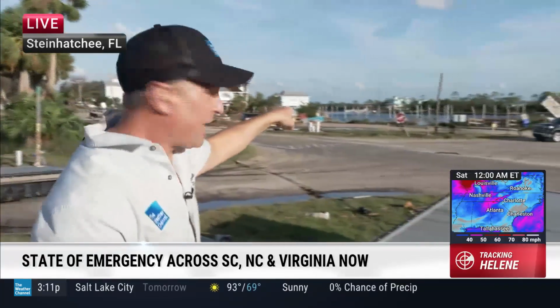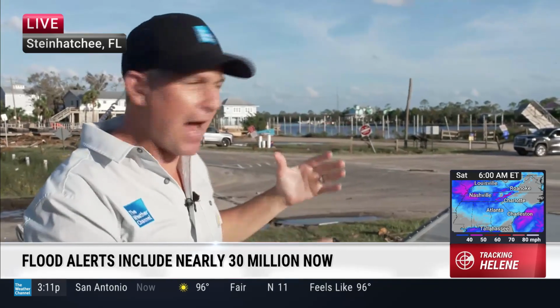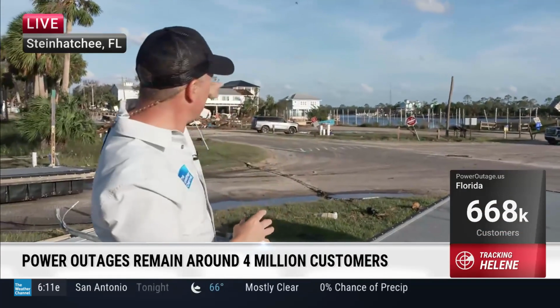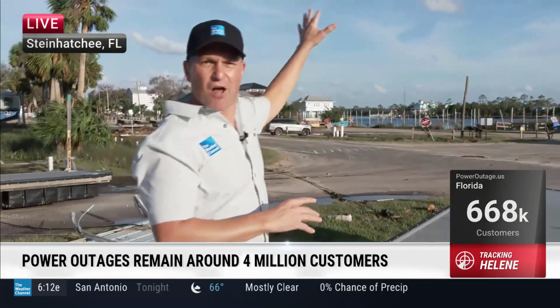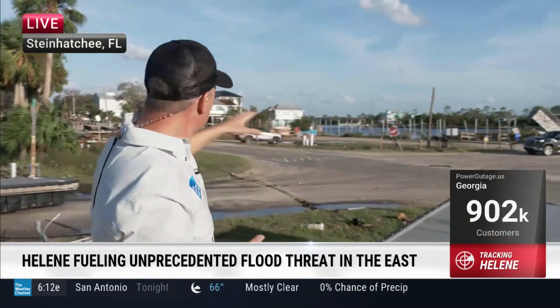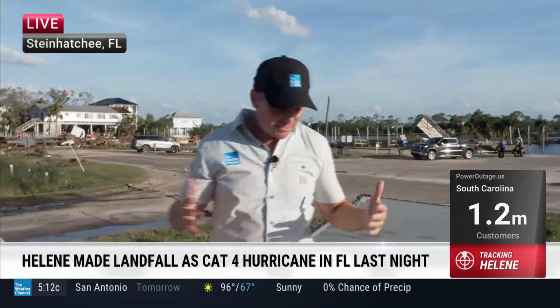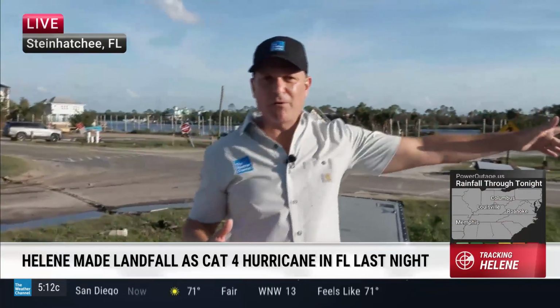But this destruction, as the Steinhatchee River, it goes down that way, it bends around and goes up. So when you drive in here from Highway 98 about 10 miles, you'll notice a lot of trees down on power lines. But as you come in, you see some sailboats on the other bank of the river. And you'll see boats along the way, but there's no boats here. You don't see that. You see destruction, and you see, in some cases, like right up the road here,